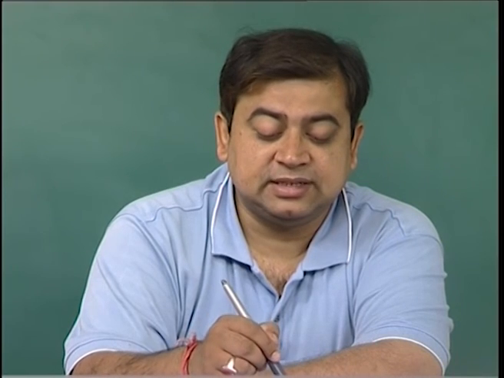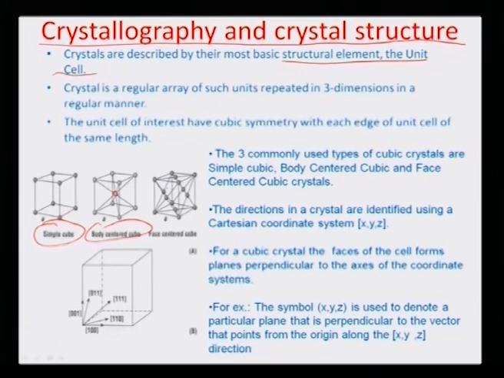And then you have face centered, where these faces also have some atoms apart from the corners, and there is no atom in the center of this particular unit cell. So these are some of the classifications of how cubic crystals can be divided. And just to reiterate,